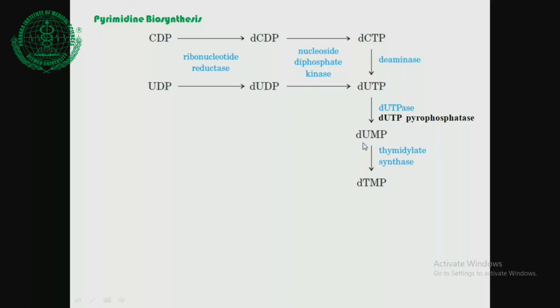Once deoxyuridine monophosphate is formed, it is further converted into deoxythymidine monophosphate, and that is mediated by an enzyme called thymidylate synthase. This requires a coenzyme called methylene tetrahydrofolate,